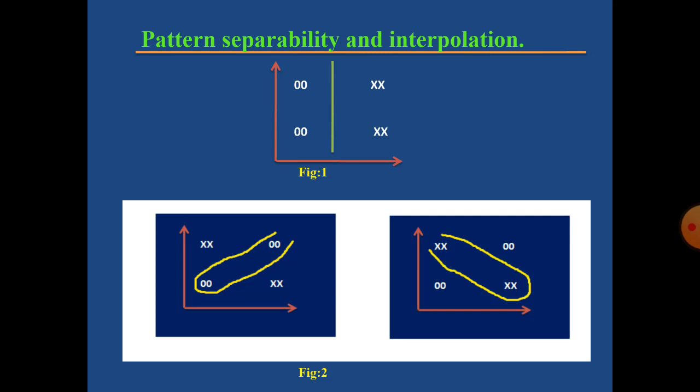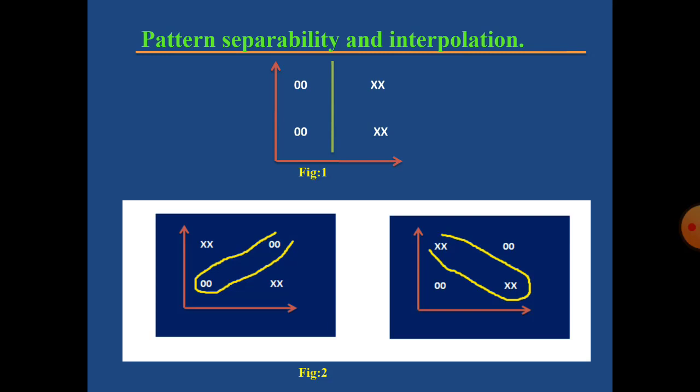So in this situation, we are separating them in this fashion. If you are working on linearly separable patterns, a single layered perceptron is enough. If you are working on patterns which are non-linearly separable, then we should use a multi-layered perceptron, which means a hidden unit is involved. Input unit, output unit, along with the hidden unit are involved, whereas in a single layered perceptron only the input unit and output unit are enough.